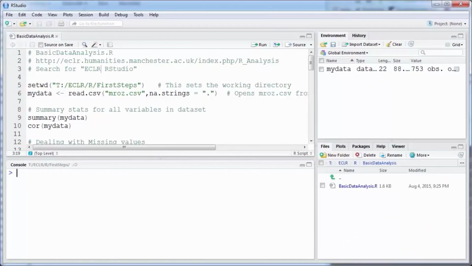In this clip, I'll demonstrate how to get some basic summary statistics for a particular data set. On this web page, you can find more detailed descriptions of what I'm going to do here. You may also just search for Eclair, ECLR, RStudio, and you'll eventually get to that page after navigating a little